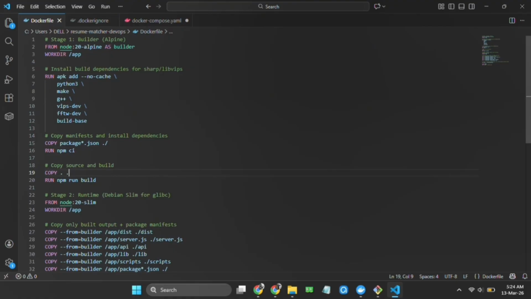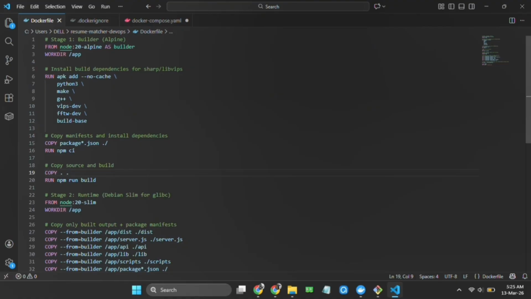Now for my application, Resume Manager, let's understand its multi-stage Docker build steps. My application is a multi-stage build. The purpose of multi-stage was to balance a small image size with compatibility for native modules like Sharp, which depends on the library VIPS and glibc. So that was about the Dockerfile.